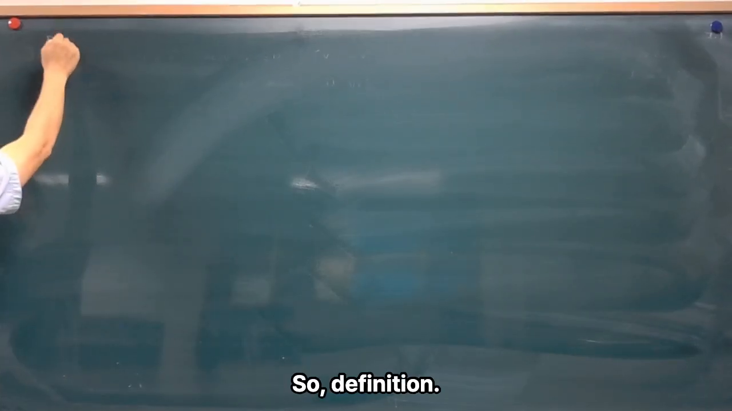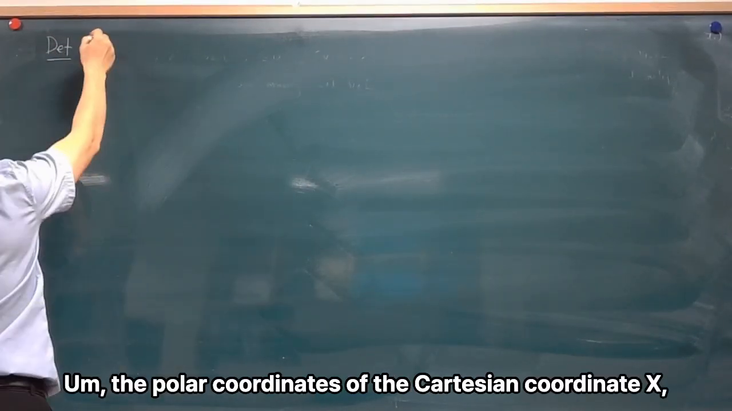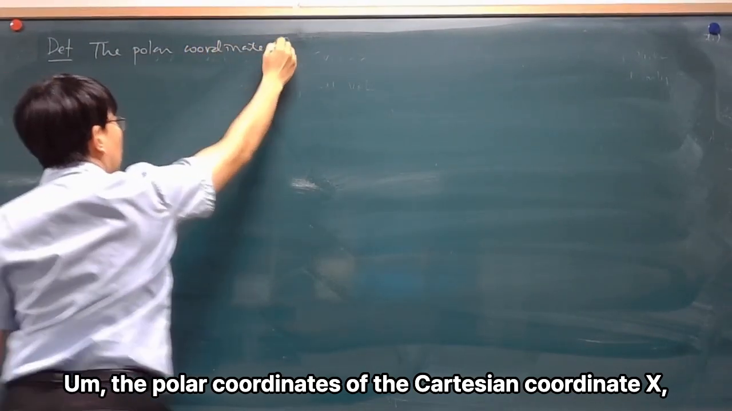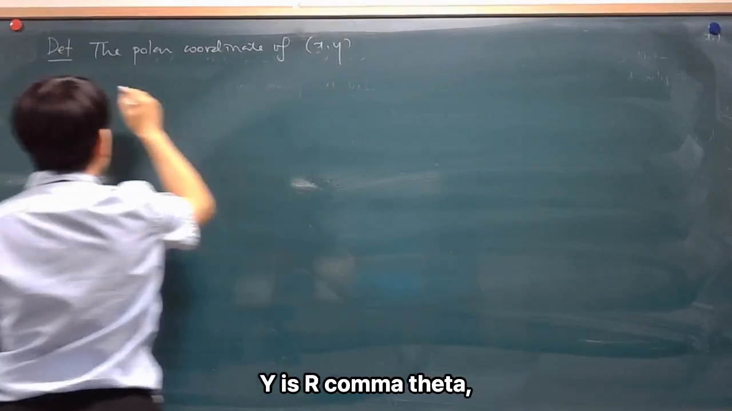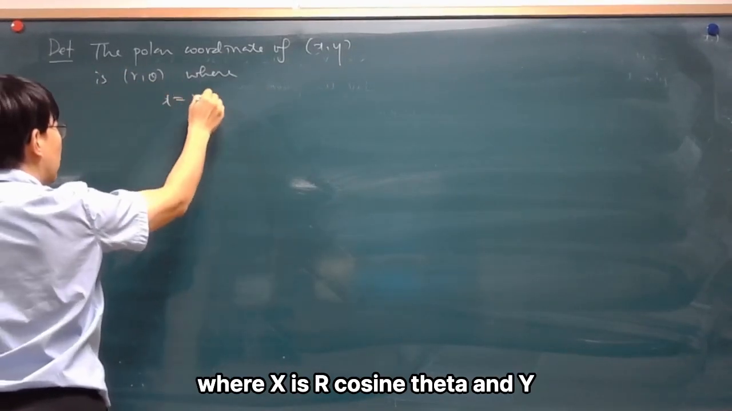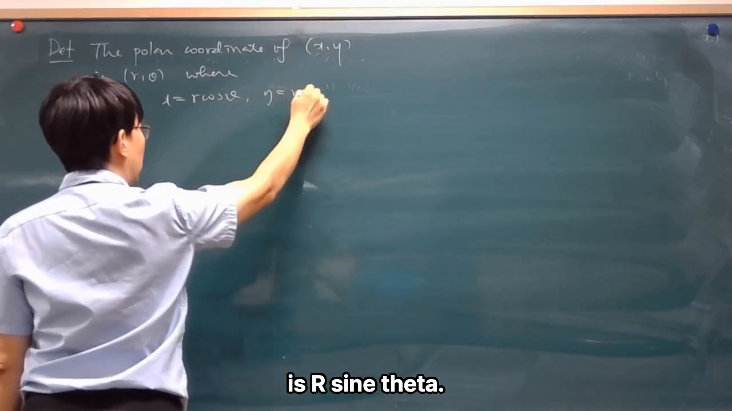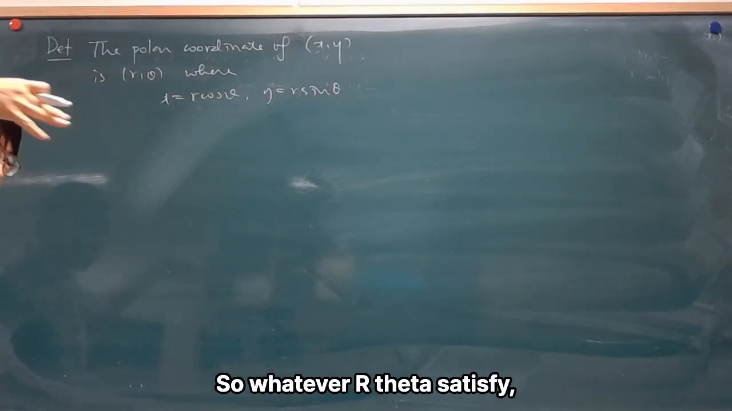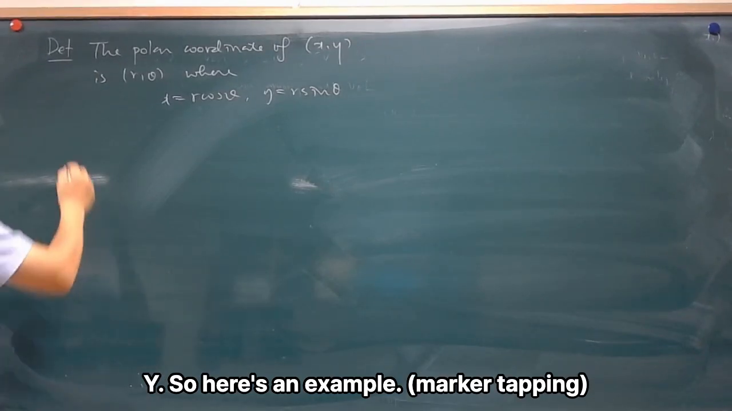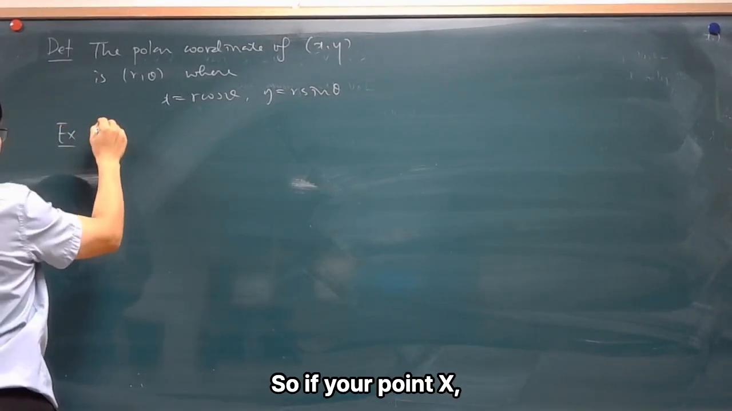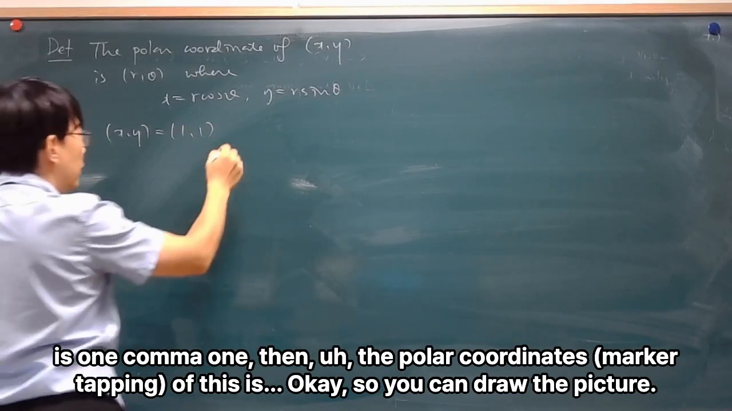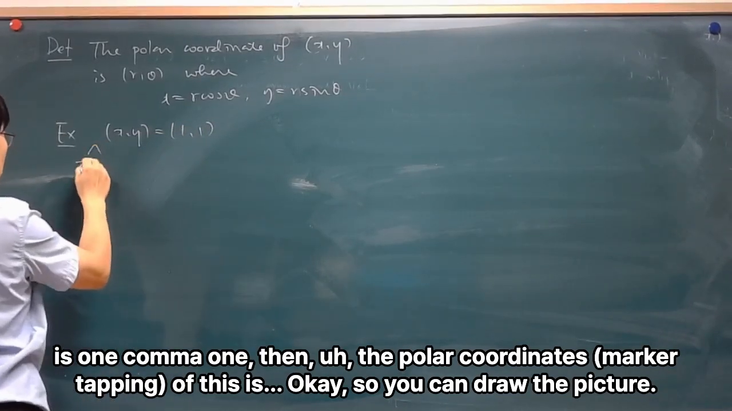So, definition: the polar coordinates of the Cartesian coordinate (x, y) is (r, theta), where x is r cosine theta and y is r sine theta. Whatever (r, theta) satisfies these two equations is called the polar coordinates of (x, y). Here's an example. If your point (x, y) as the Cartesian coordinate is (1, 1), then the polar coordinates of this is,